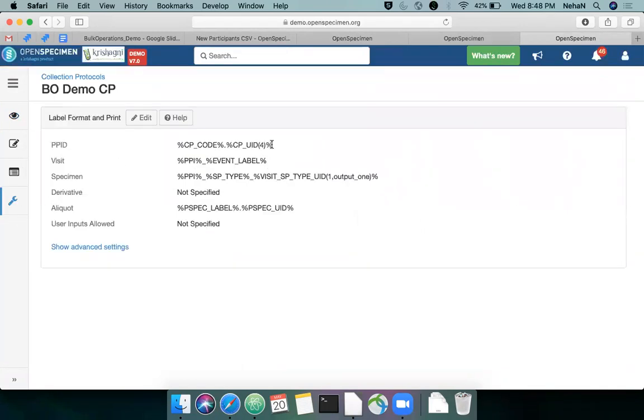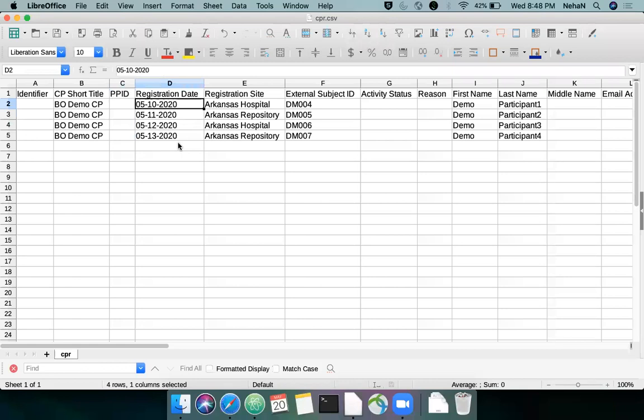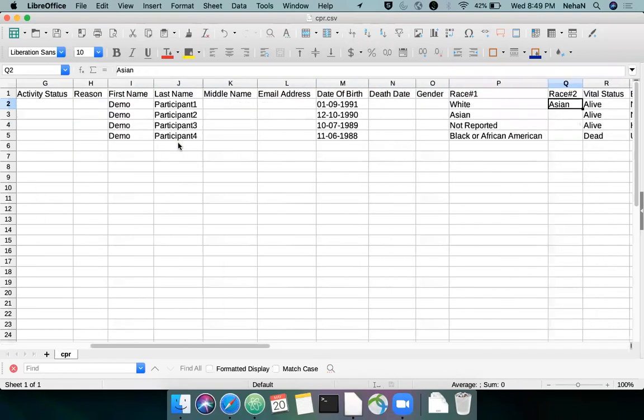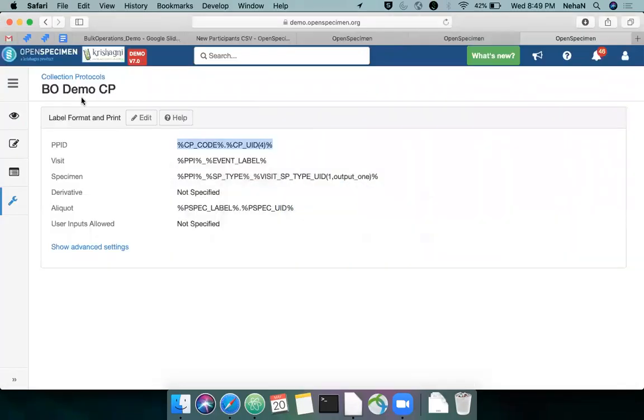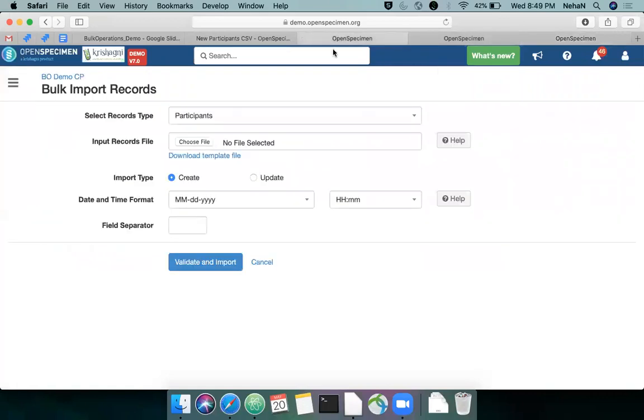Here I've said that OpenSpecimen will generate my PPID. That's why I've left it blank. The second field is registration date, which is mandatory. And I filled some other fields, such as date of birth, race, gender. And when I said vocabulary, see the race field here, it should be one of the values that is present here.